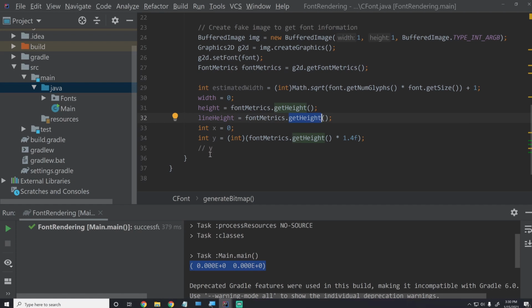And it doesn't account for that little bottom portion. So 1.4f was what I did, and it works fine. You can probably get the exact number, but I wouldn't worry too much about that. Next, we are going to loop through all the glyphs and calculate what the actual width of the image has